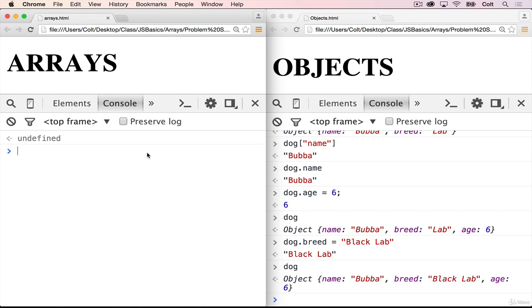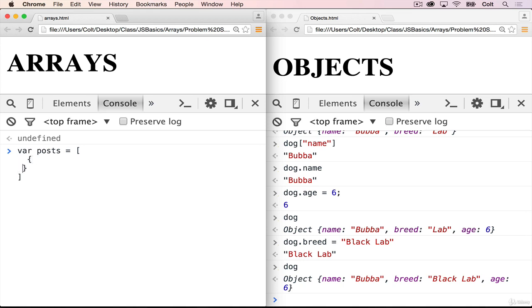I'm going to clear out my console, and this is what it will look like. So our website will have an array of posts. Each post will actually be its own object, and it will have properties like title and author, and then maybe comments or votes or likes or something. So we're going to start by doing an array of posts. And rather than just a post being a string like hello, like we've seen with dogs so far, we're actually going to make each post an object,